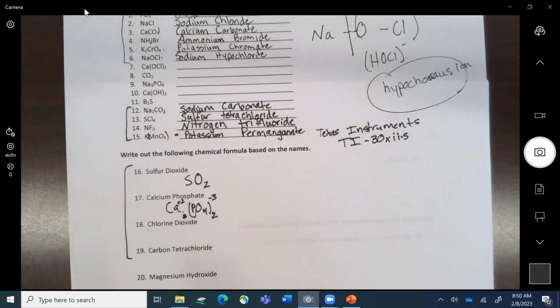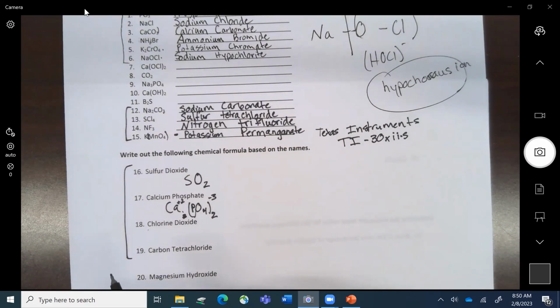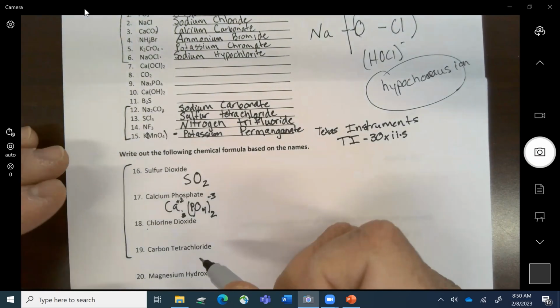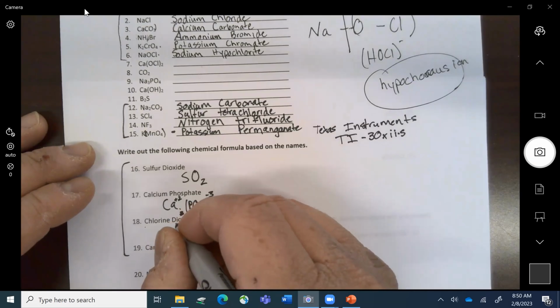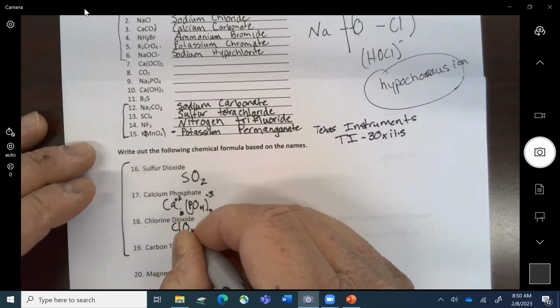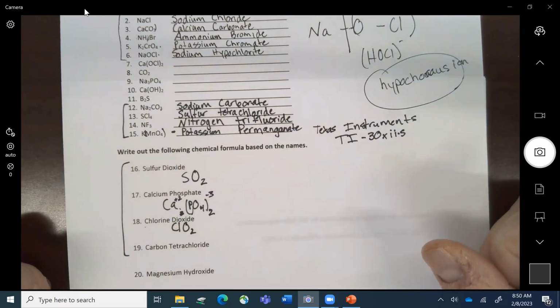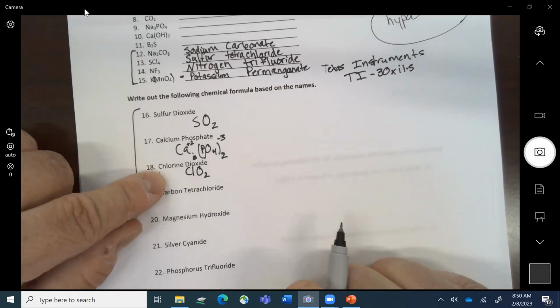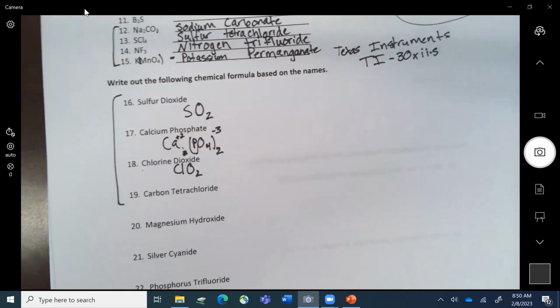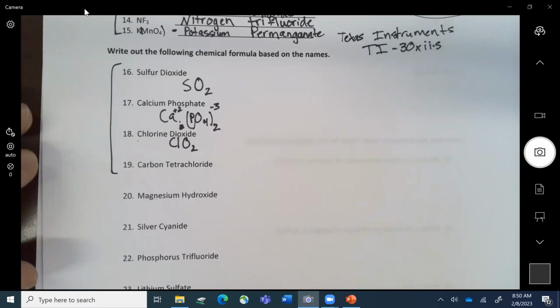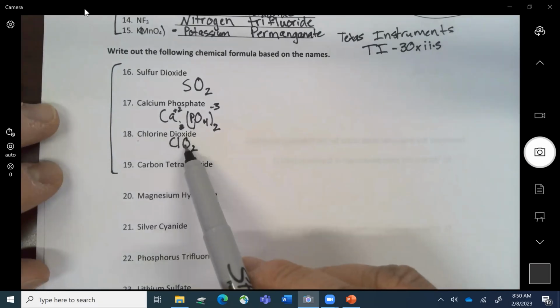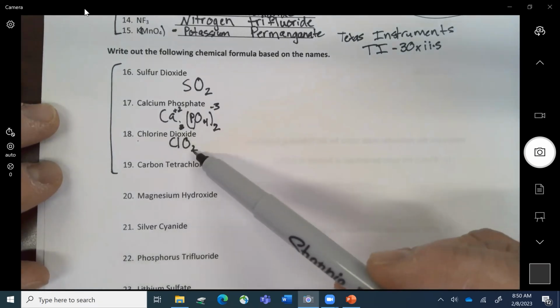Chlorine dioxide. Has anyone in the water world heard of that? Because I'm assuming most of the people on this are complete treatment or limited treatment. Chlorine dioxide is used as an alternative disinfection. It can be used. I don't know of anyone in Michigan who's using it. So you have the Cl for chlorine and the dioxide is O2. So, chlorine dioxide